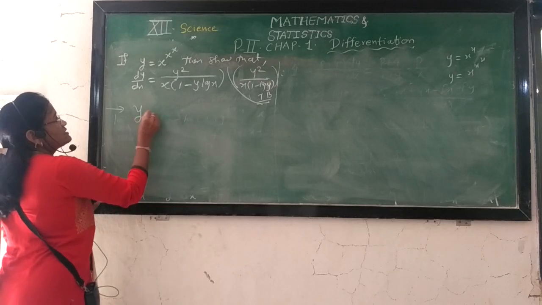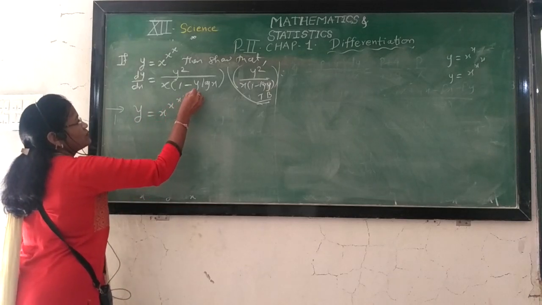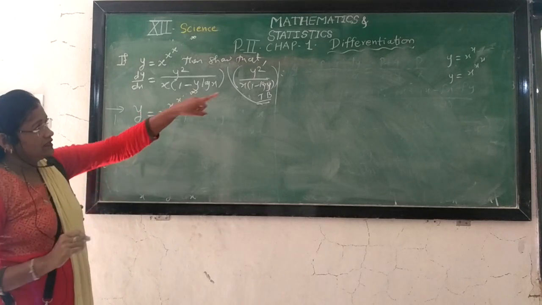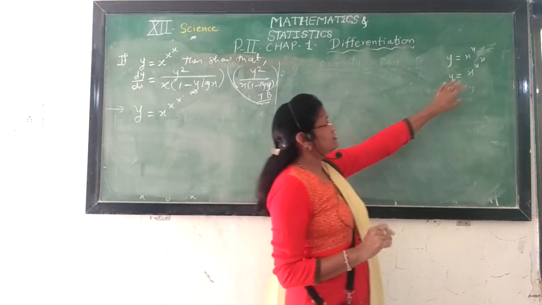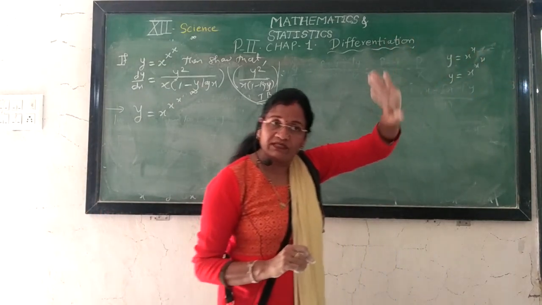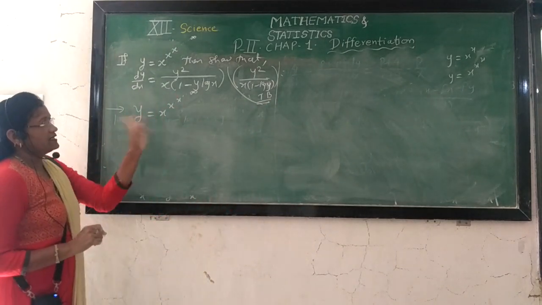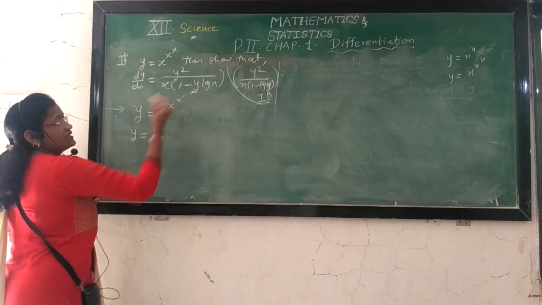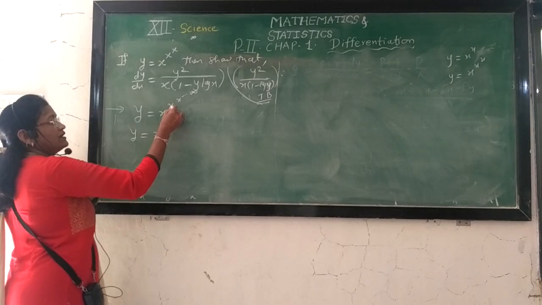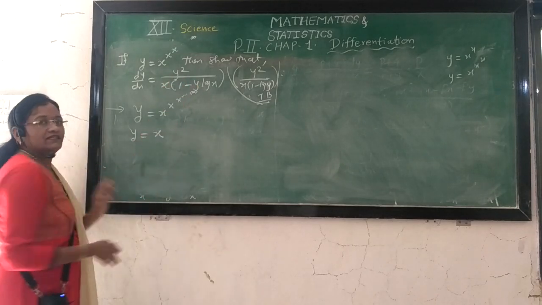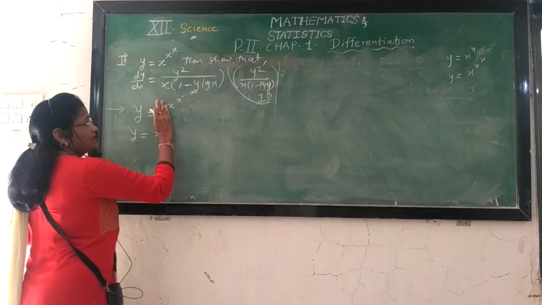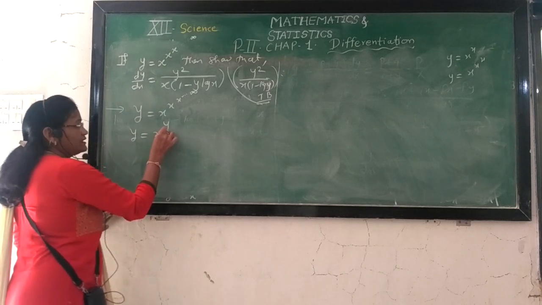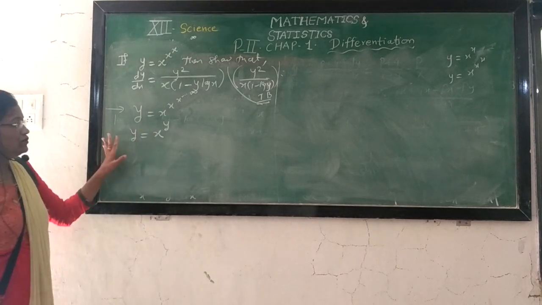Now here y is given as x raised to x raised to x raised to, up to infinity. This is a combination question. The questions y is equal to x raised to x, and y is equal to x raised to x raised to x, are of the type logarithmic differentiation. But here we reduce the example to implicit form. You know infinity is uncountable, so x has power x, again that x has power x, again that. Infinity is never countable in this case. Excluding this base, the exponents are again infinity, so that is again the function y. So we can write y is equal to x raised to y.